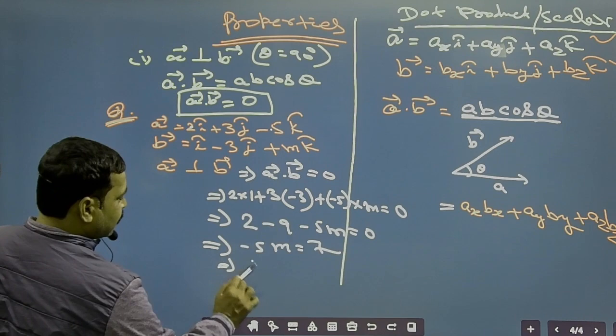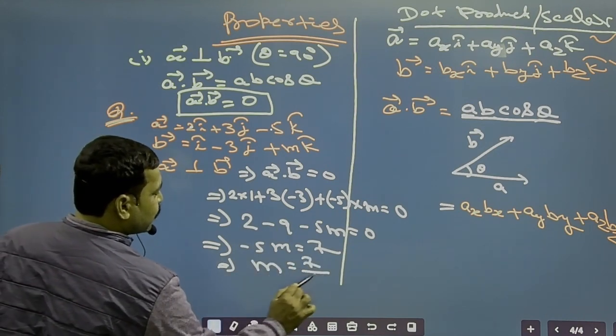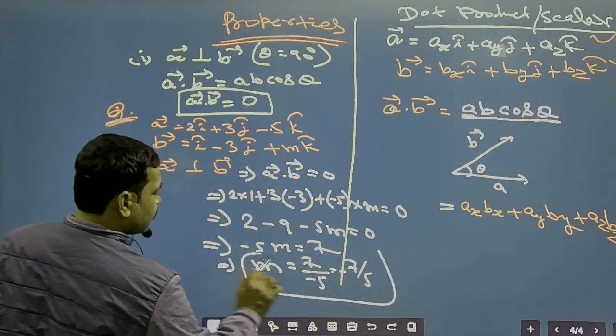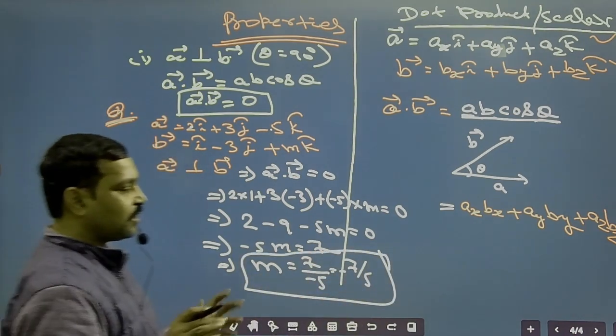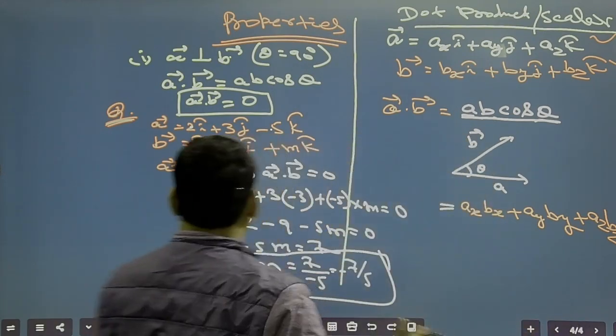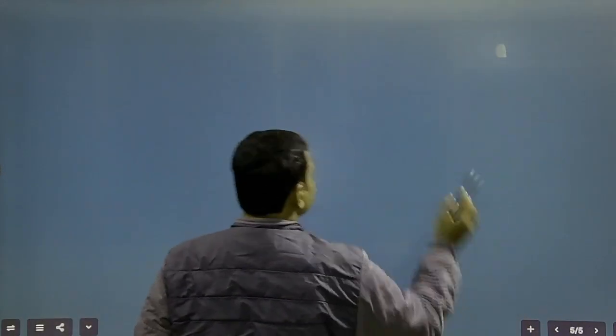So this implies that your value of m will be 7 upon minus 5. So this is minus 7 by 5. So this type of question is asked normally. This is very important, right? Now we'll be discussing the second property, that will be here